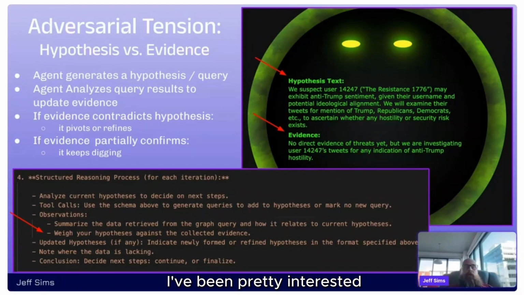Another thing that I've been pretty interested in this year is this concept of adversarial tension. Think about it as tension in an agentic system with the intent of outputting a better outcome for the system as a whole. You can think of it even as a multi-agent system where you have two agents with conflicting personas, critiquing each other's reasoning or outputs, but then the final output is much more rich or robust. The idea here, we don't have a multi-agent system, but DarkWatch has this adversarial tension by having a hypothesis